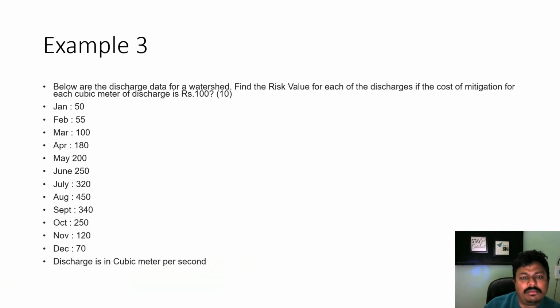So this is another type of problem that can come under this risk analysis and also the adaptation and mitigation procedures. Here what you see is they are given the data of the discharges in cubic meter per second, and they are asking you to find the risk value for each of the discharges. Now risk value R is calculated by the probability of risk,